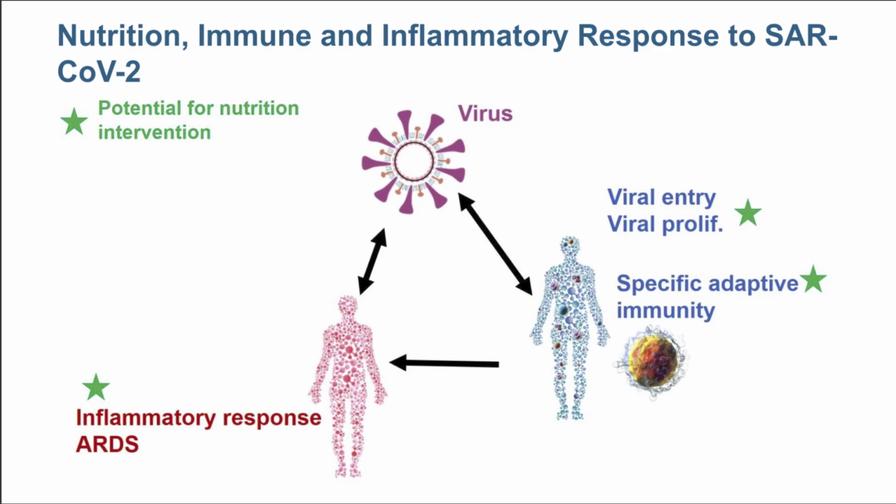So to summarize, I hope that I have been able to provide you some evidence that nutrition is very important in terms of optimal immune and inflammatory responses in general to any type of pathogen, but could also have implications for the SARS-CoV-2 virus, which causes COVID-19. There are several places where nutrition can interfere with pathogenesis of COVID-19. It can reduce the viral entry or viral proliferation by interfering with binding of the virus to the receptors on the host cell. Adequate nutrition could provide an optimal adaptive immune response to the virus and effectively get rid of it or reduce its burden. It can also reduce the inflammatory response that is caused by the virus